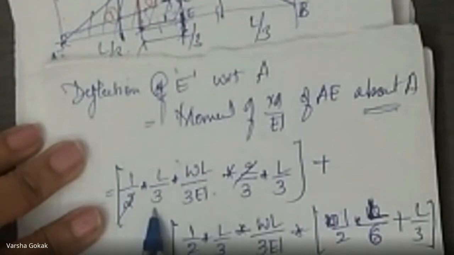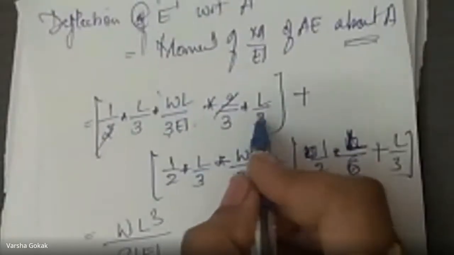So this is the equation or the condition. Now we have to simplify. So what all will go? Only 2 will go. Anything else? No. So W L cube, 1, 2, 3. W L cube divided by 3 raised to 4. How much? 27 3s are 81. So 81 EI. WL cube by 81 EI is this, okay?